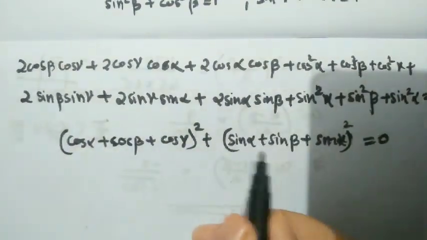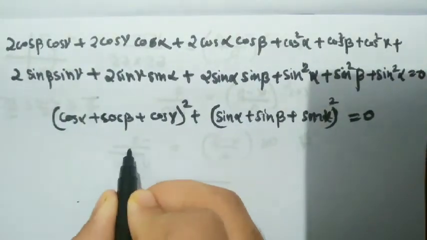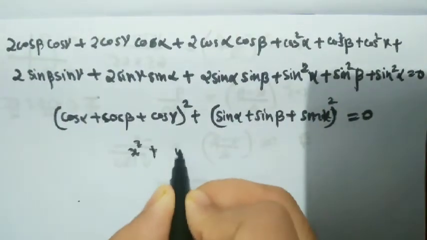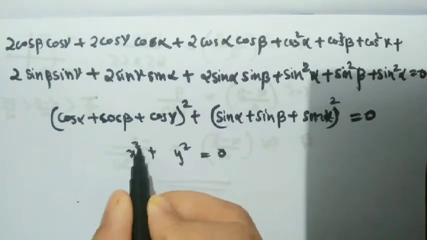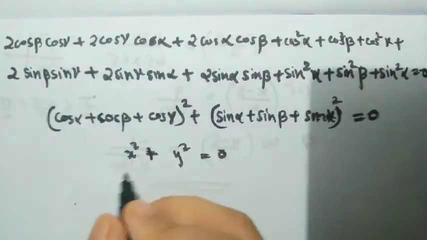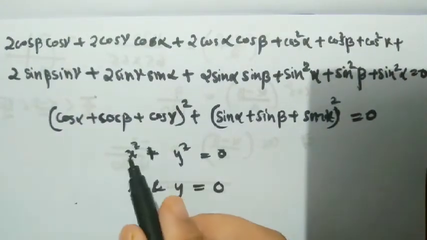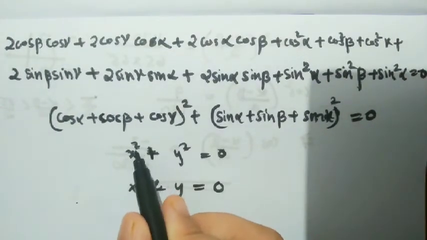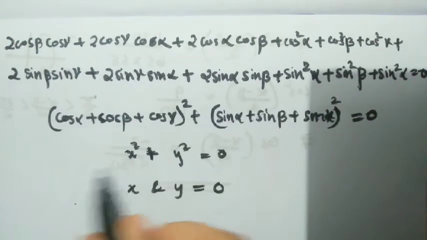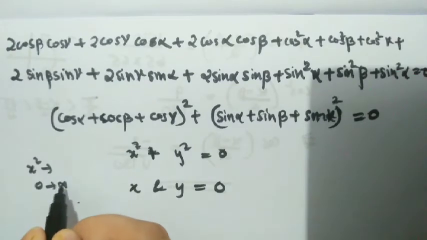So these two square terms sum to 0. This is x² plus y² is 0. If the sum of x² and y² needs to be 0, we know that both x and y have to be 0, because a square term can never be negative, so its minimum value is 0. This x² can go from 0 to infinity, but infinity is not